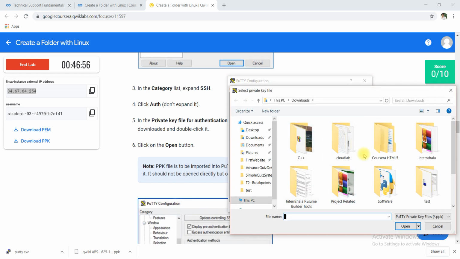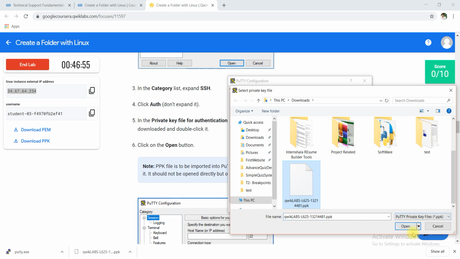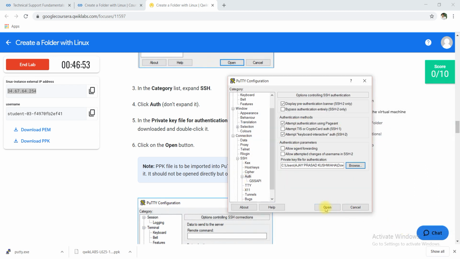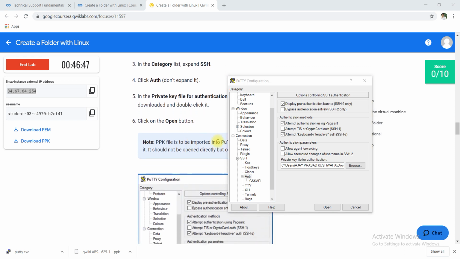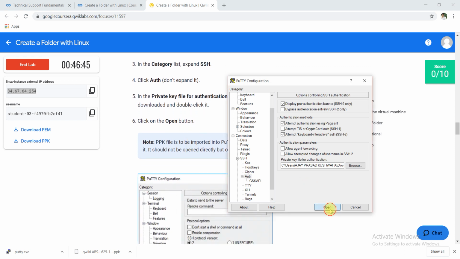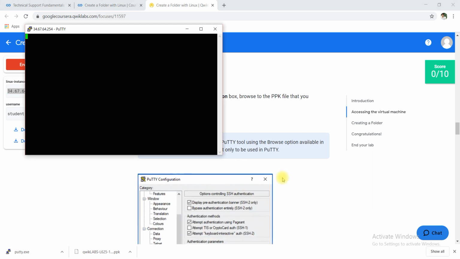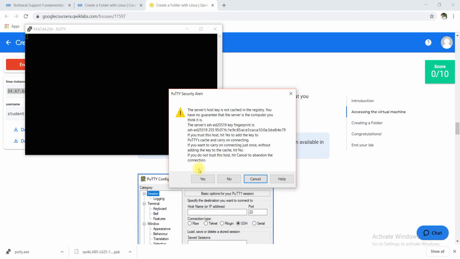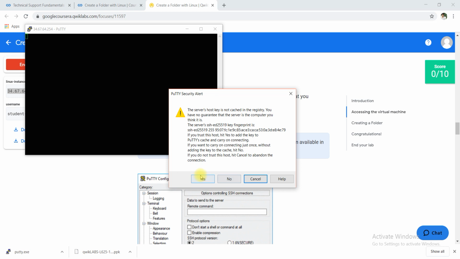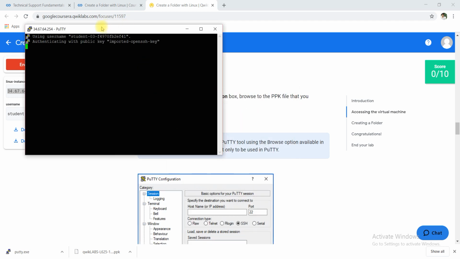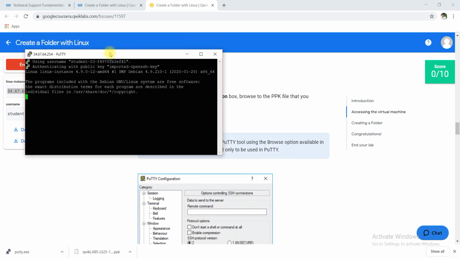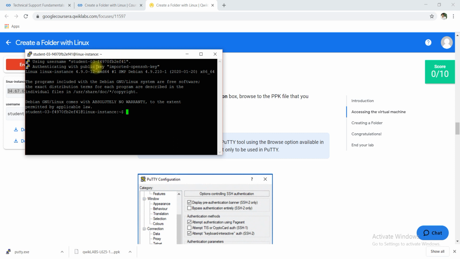In Browse I select that PPK file and open it. Then I click the Open button. Now I click Yes to connect. So now I have successfully connected to the remote system.